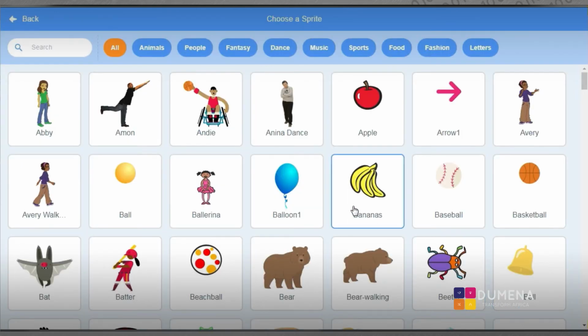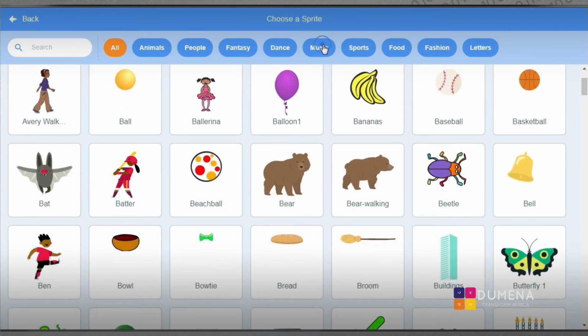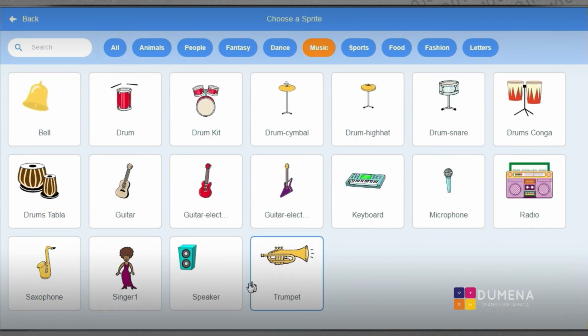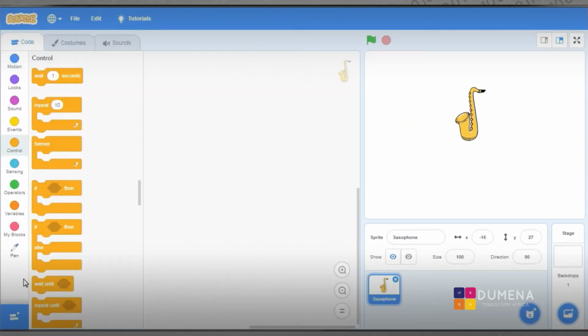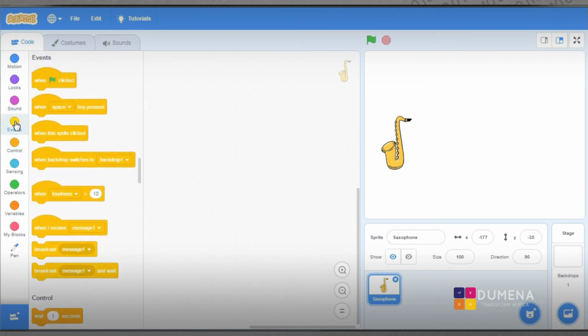I'd love to start with, okay, let's just go to the music category and let's select the saxophone. Let me start making my sound with the saxophone. So I'll just drag this over here and let's get on the board. So let's say when this sprite clicked,